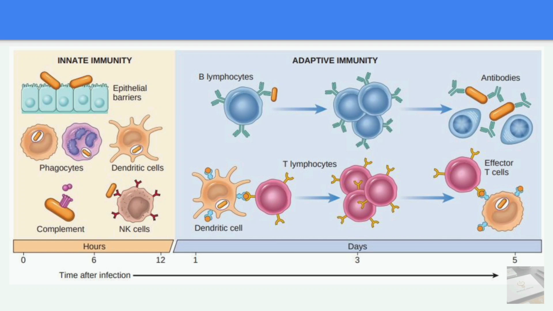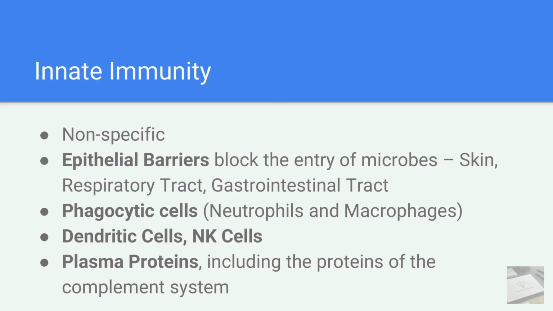So firstly, let's learn in brief about innate immune cells. Innate immunity is a rapid and non-specific defense. Though it is the first to defend our body against any antigen, it does not form any memory immune cells for that particular antigen. If the same antigen re-encounters us in future, it responds as it would against any other antigen. Therefore, there is no specific response for a particular antigen. Epithelial barriers such as skin, respiratory, and gastrointestinal tracts block the entry of microbes. I'm going to talk about the other innate immune cells in the next few slides.